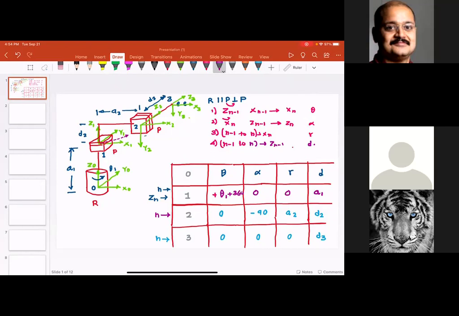In your DH parameter table, you are going to have cosine theta n, sine theta n, sine, cosine alpha n. If you look at that DH parameter table, the signs would take care of themselves. If you want to do it minus, I'm totally okay with it, because finally you are going to have cosine of minus theta 1. It will take care of itself. You're welcome to try. I'm cool. You're the boss.